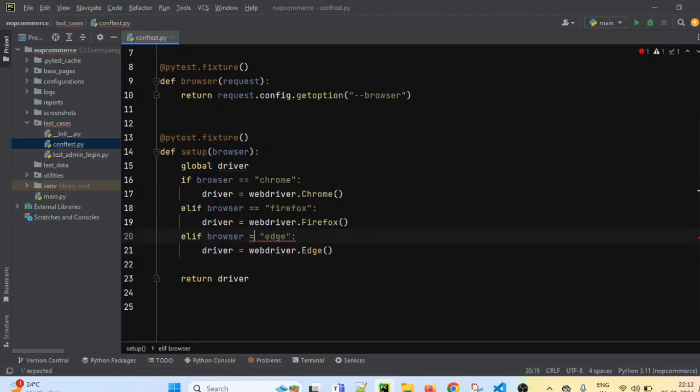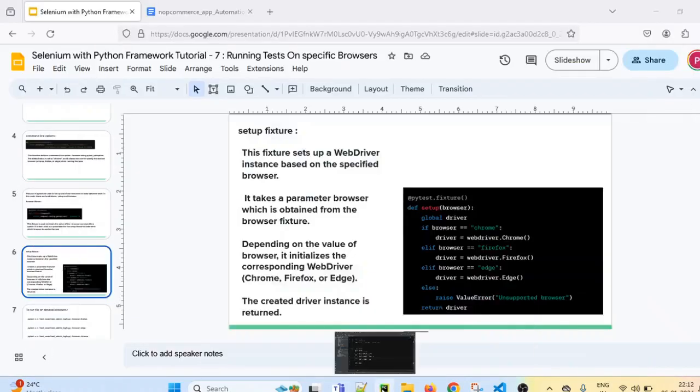It should be equals to. So I'm just adding that condition. And the last condition will be the else condition. If the user adds any other values apart from Chrome, Firefox and Edge, then we have to raise a value error, that is unsupported browser.